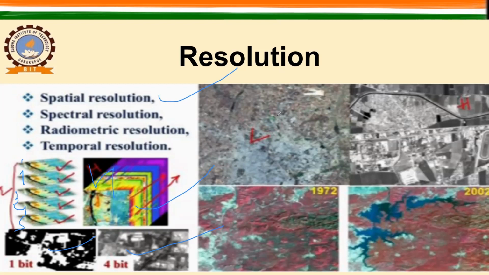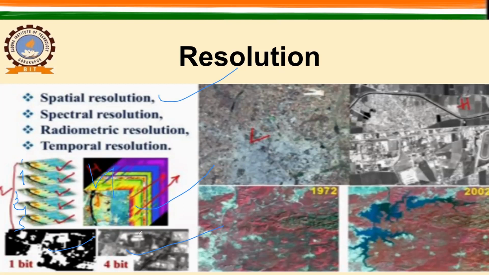Then radiometric resolution. In the radiometric resolution, we always define the capability of the sensor to resolve the incoming radiation in how many levels. So suppose the light is falling on my eyes and I can see only 2 sets of color, then that means my eyes have very low radiometric resolution. But if I have high radiometric resolution, or my camera does, then I will be able to resolve many gray colors in between black and white.